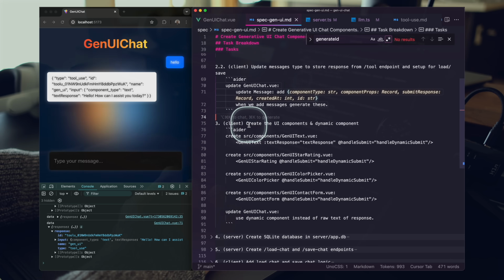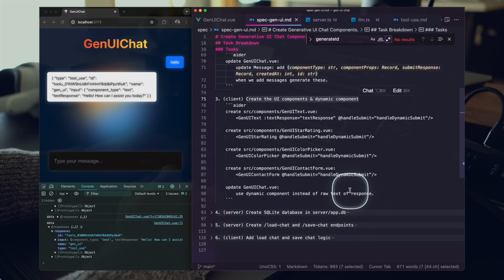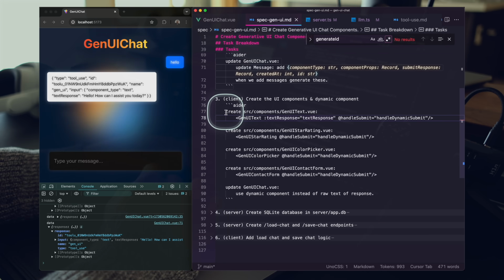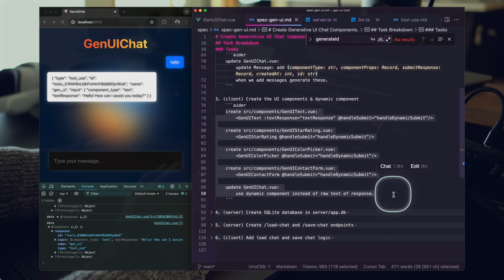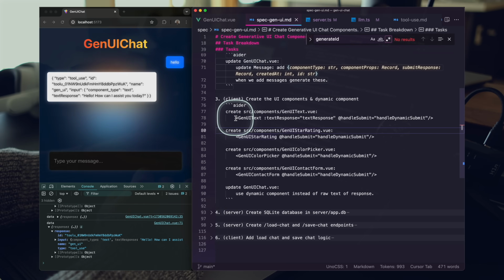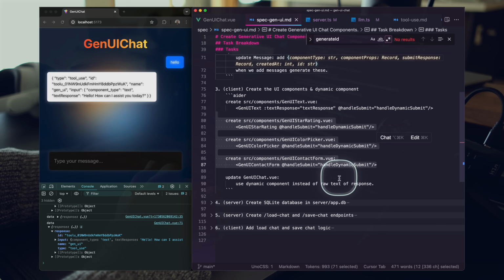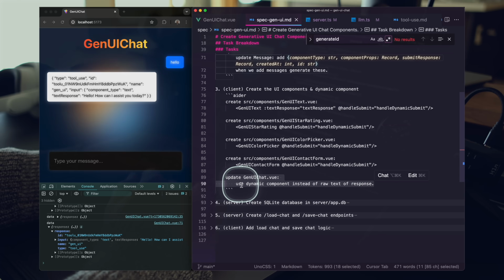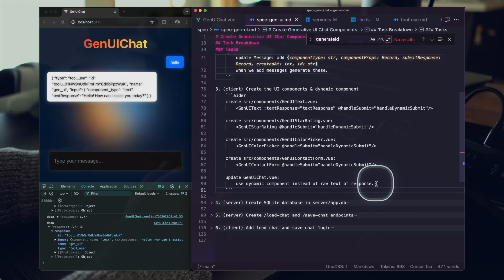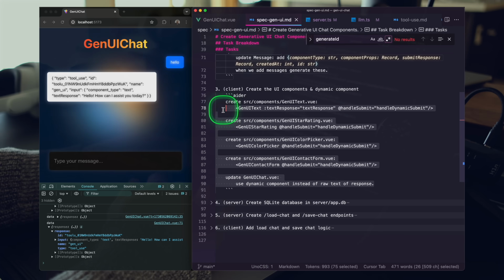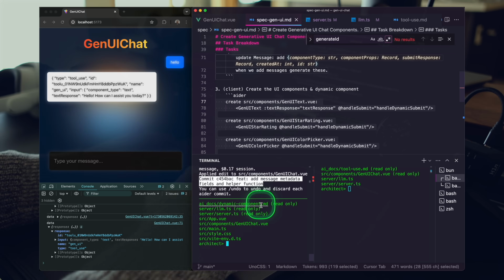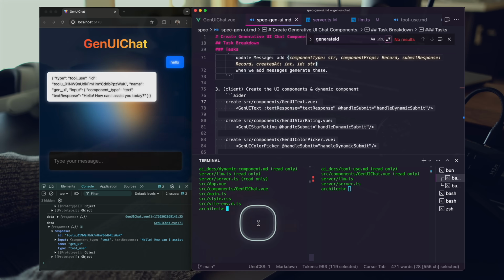So here we're actually going to create our UI components and our dynamic component. We have all these steps laid out, and we're just once again going to copy this. And you can see here we have these cool component generation prompts. So we're saying create source components, Gen UI text, one for each type. And at the bottom we have, update use component instead of raw text of response, right? So we're going to use the dynamic component instead. So let's go ahead and highlight these and go to our front end AI coding assistant, paste this in, fire